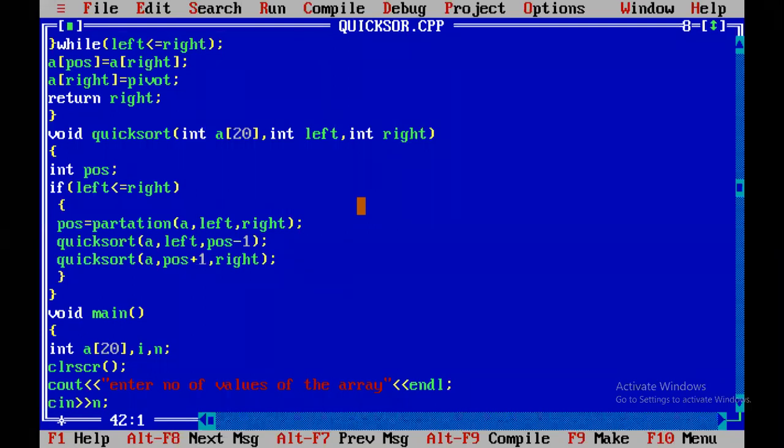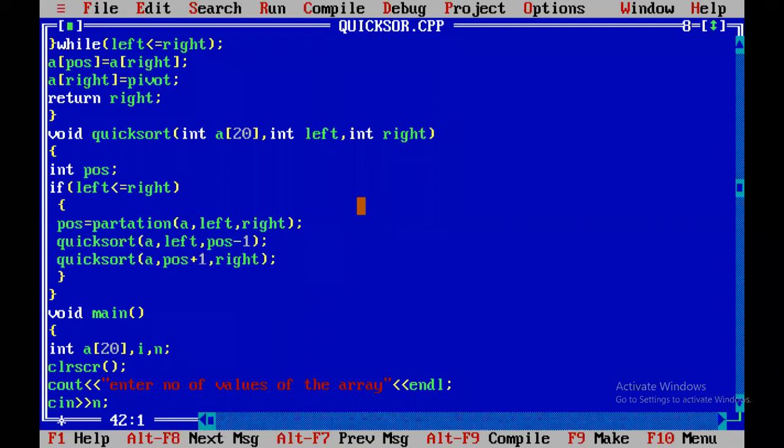This is the way we use different sorting techniques. These are all the different sortings. Again, we have three searching techniques: linear search, binary search, and Fibonacci search. We have already discussed linear and binary search. I am not discussing the Fibonacci search now; I will discuss Fibonacci search tomorrow.